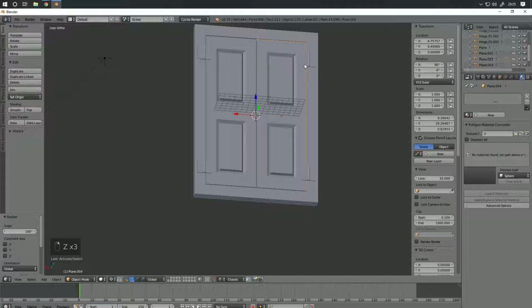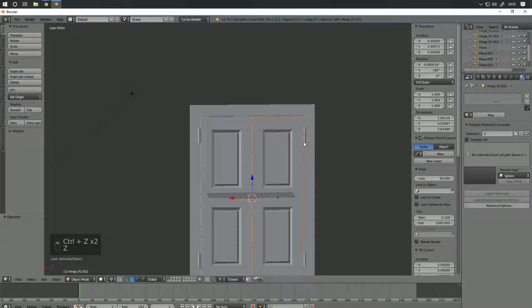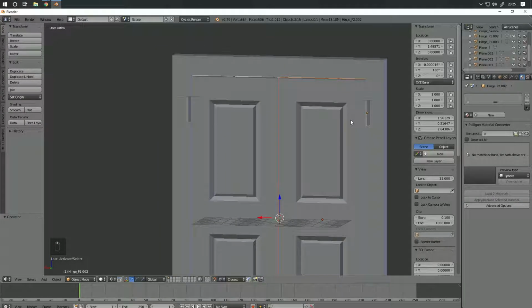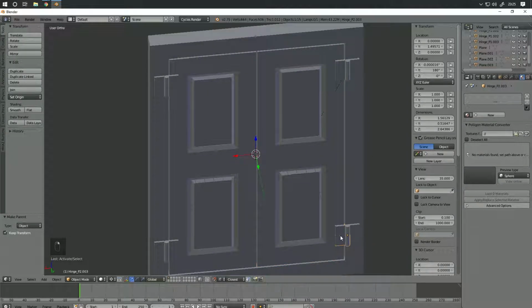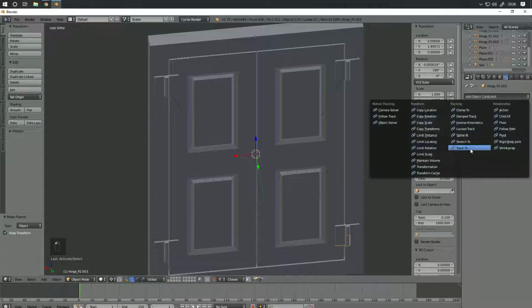We now want to parent these to a hinge, so we're going to parent this shutter to that top hinge, making sure it's the second part, the part that's rotating around this first part. We're going to do Control and P, set parent, and keep transform. And we're going to do the same on the other side. With more complex objects, you can add some object constraints. So for example, this hinge is always going to be what that one equals. You would do that maybe by